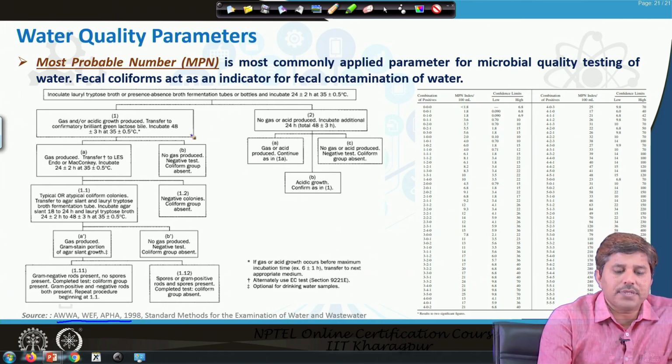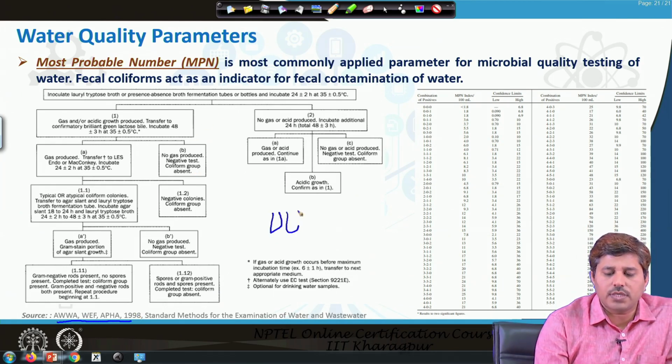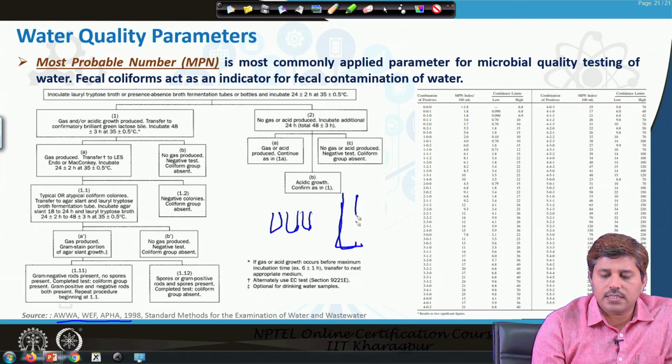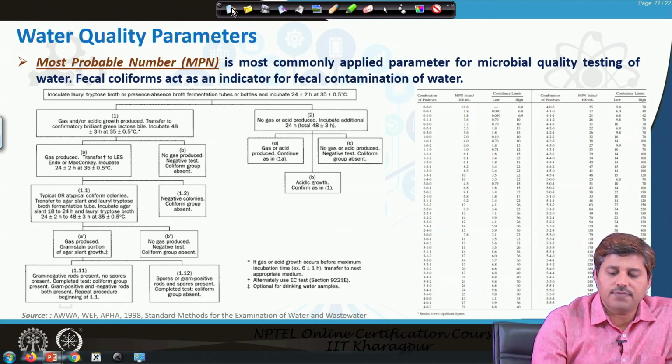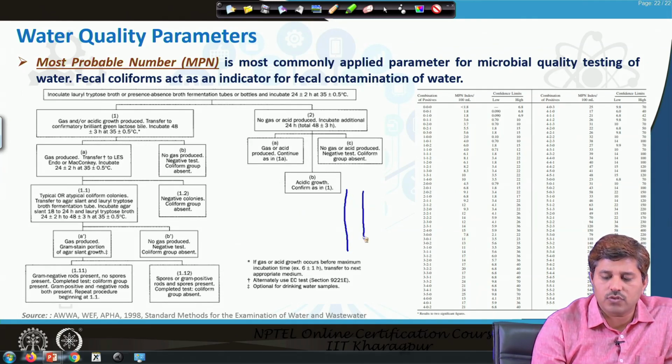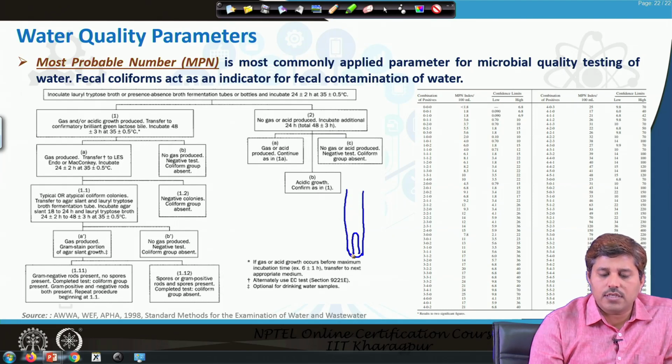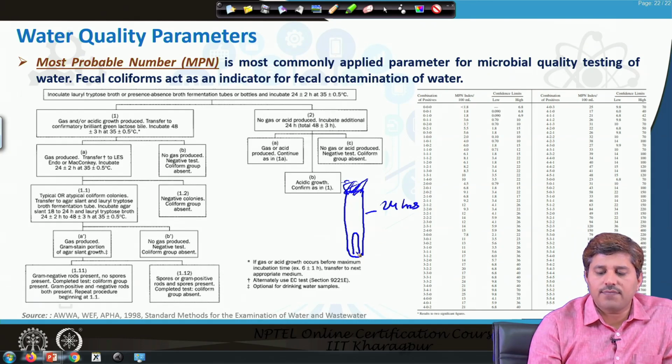So, samples are taken in a series of test tubes, and various replicates of the test tubes are prepared. In these test tubes, a sample is taken, and we may add nutrient broth, so that if any microbial contamination is there in the tube, it can actually grow. In the tube we also add a small inverted tube, known as a Durham tube. Then we plug this with cotton or something similar, incubate it for 24 hours, and then after 24 hours we see.